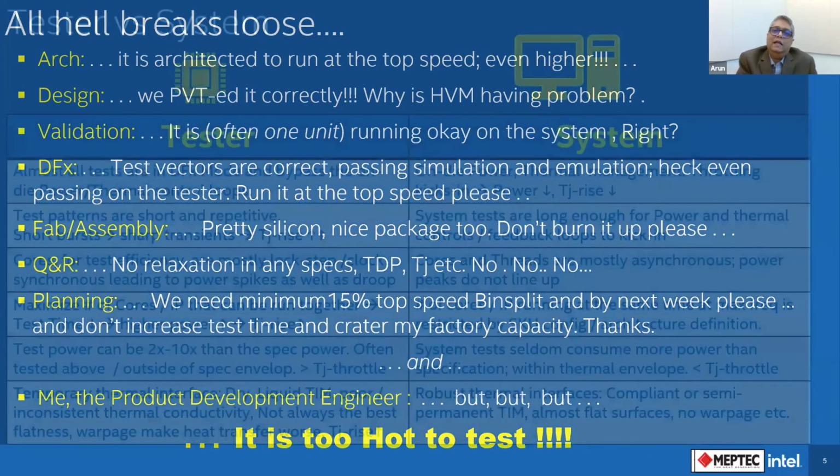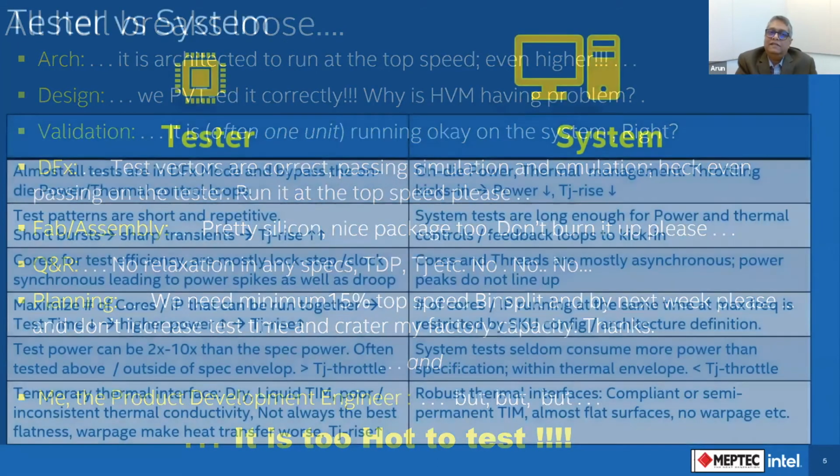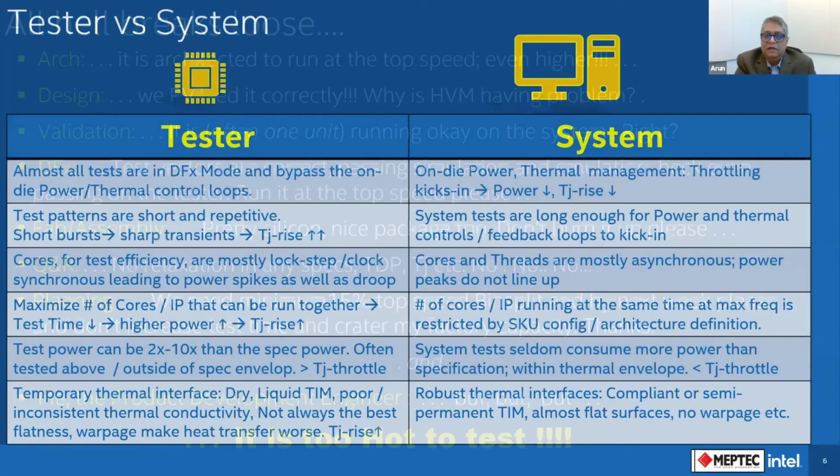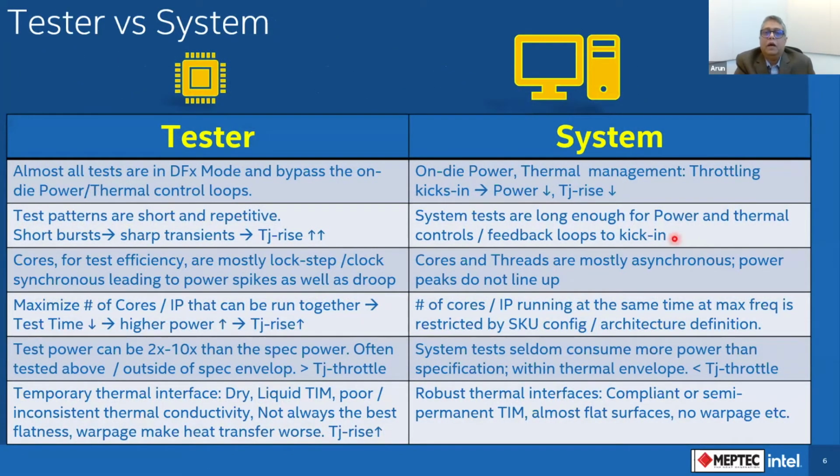Let us take a little bit deeper view of tester versus system. You saw that the validation people are able to come and tell that, hey, my system is functioning okay, and we cannot test it on the tester. The reason is this: on the system, we have thermal management, throttling, and power management, and all those things, which keep the silicon intact at lower power or within the power envelope and keep the TJ throttled and